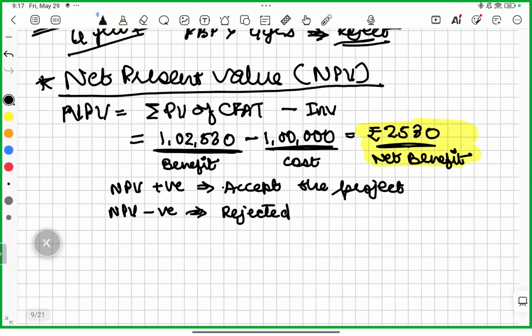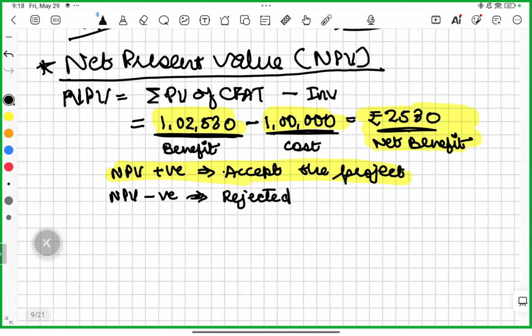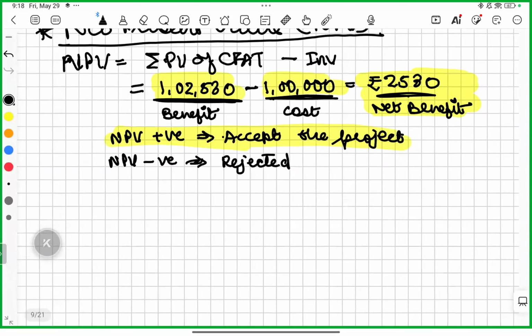So you have done a cost benefit analysis. You have found that your benefit are 1 lakh 2050. Your cost is 1 lakh. Your benefits are more than cost. So you will accept this project. Okay. So you will write a conclusion that since the NPV of the project is positive, you will accept the project. Okay. Another small technique is called as